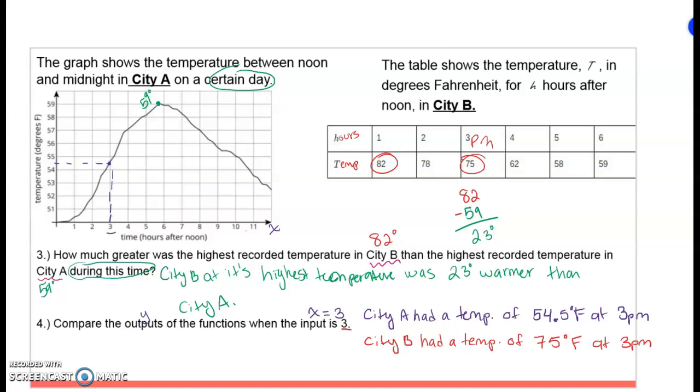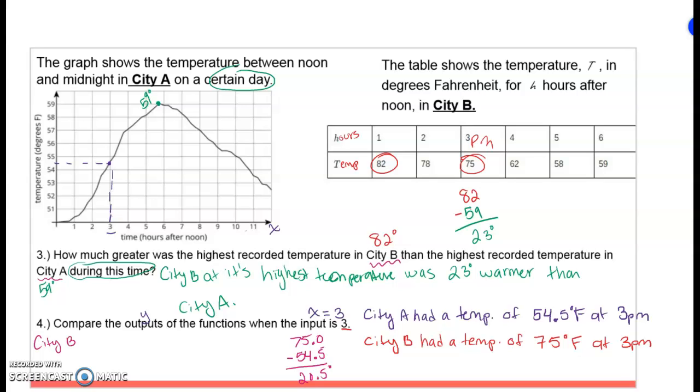So now we're going to compare the outputs of the functions, meaning I'm going to take the highest number, so City B, 75 minus 54.5. And I want you to take that, and if you subtract both of them, the answer that you're going to get is 20.5 degrees. So we can say, again,